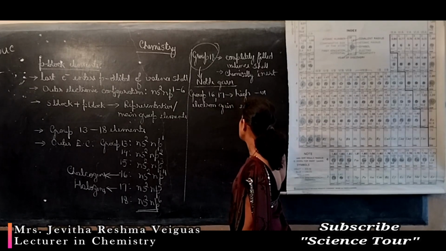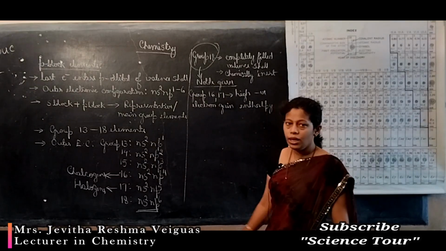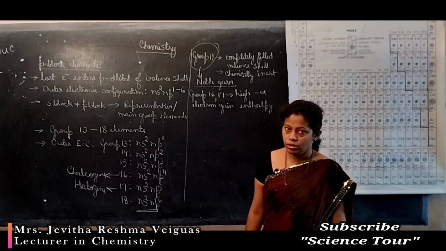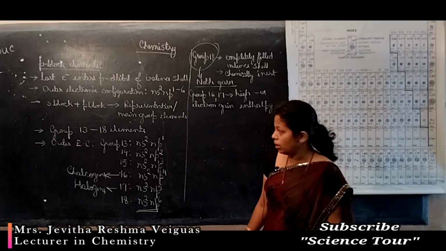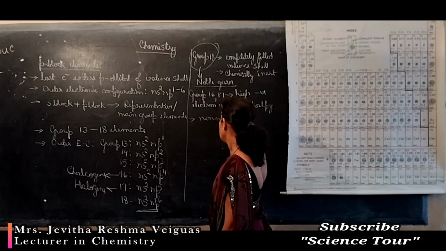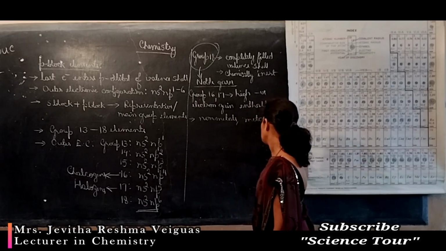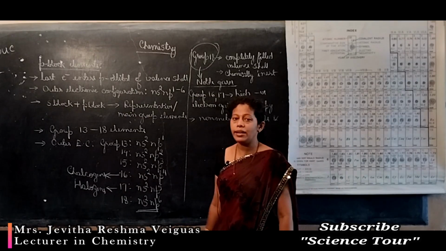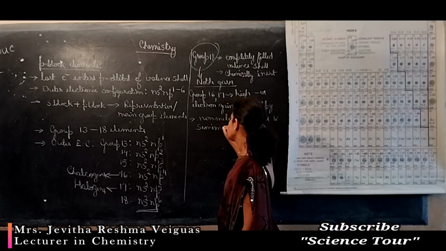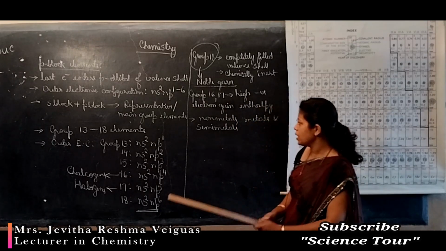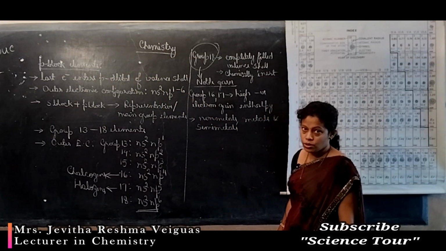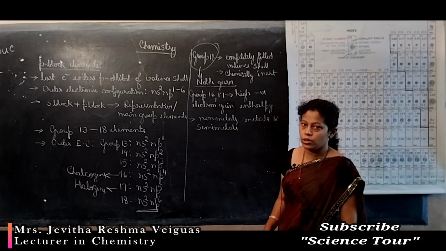Since they have highly negative electron gain enthalpy, they prefer to gain electrons, means they are highly non-metallic. Here in the case of p block elements, there are non-metals, there are metals, and some elements have a character in between metals and non-metals, means there are semi-metals also. So students, understand that the p block elements contain non-metals, metals as well as semi-metals. In the case of s block, we had only metals.